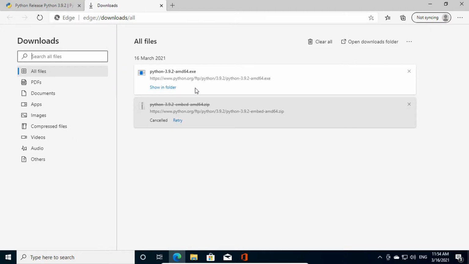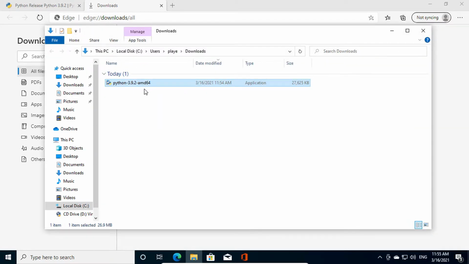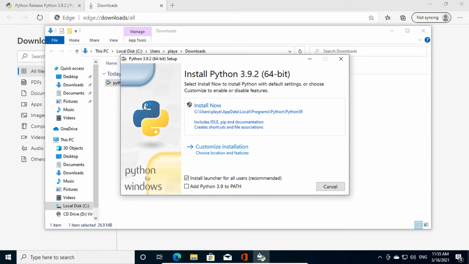Now navigate to the folder that you have downloaded your Python setup and double click the installer. Here the default path is this, but this is hard to configure, so let's customize it.